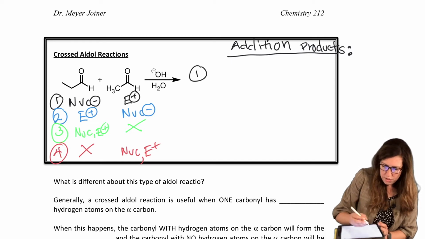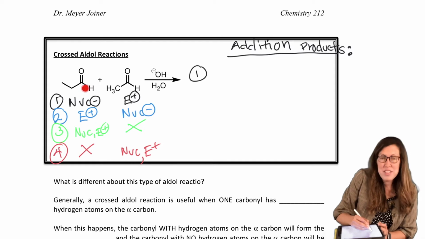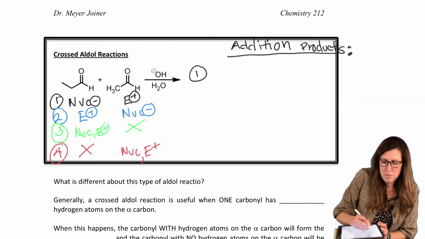we have to visualize this, right? Because I'm not going to do the whole mechanism in this small box. If this is the nucleophile, that means the base took off the alpha H, never takes off the aldehyde H. That's not an alpha H. This is the carbonyl carbon. There's our alpha H. So it takes off that H. That means there's a minus there. That's our nucleophile. It attacks, opens, and that gets protonated.